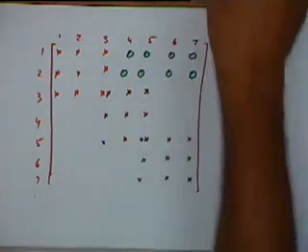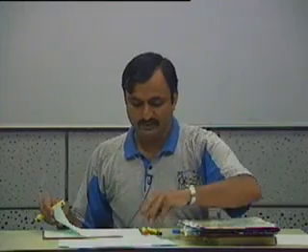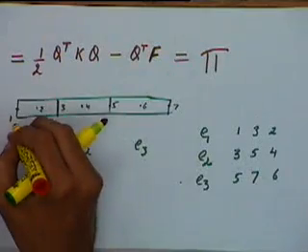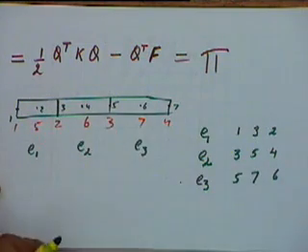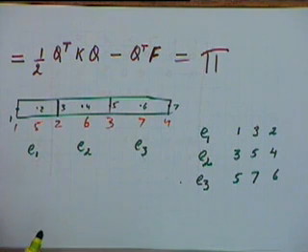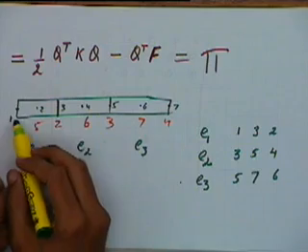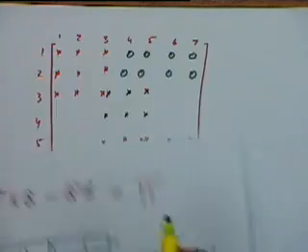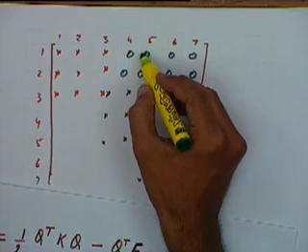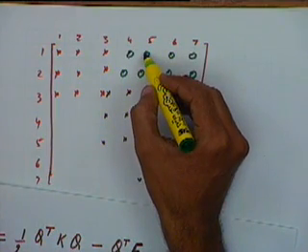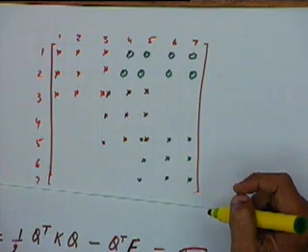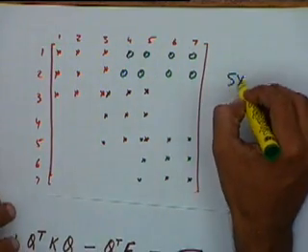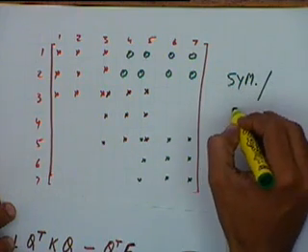But if my numbering is not correct, let us say I number the nodes 1, 2, 3, 4, 5, 6 and 7, then my matrix will not remain a banded matrix. Because the first element will be defined between 1, 2 and 5, so this element will become non-zero. So it will not remain a banded matrix, but it will be a sparse matrix. So this global matrix will be either symmetric or it will be sparse.